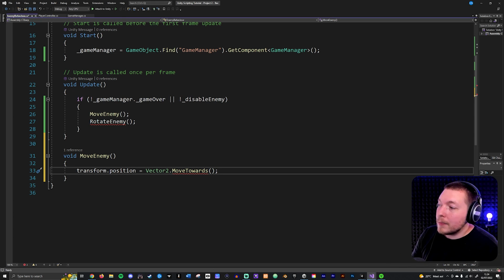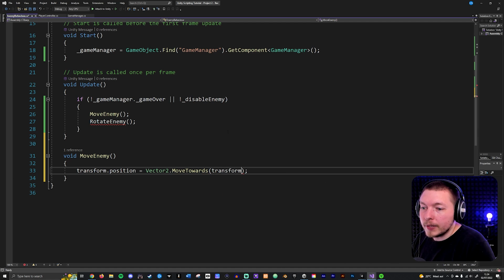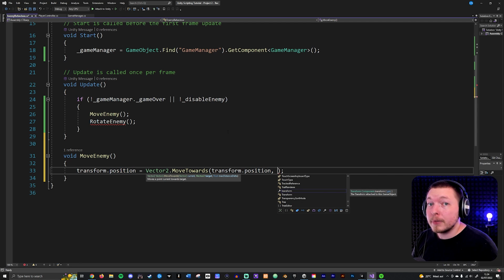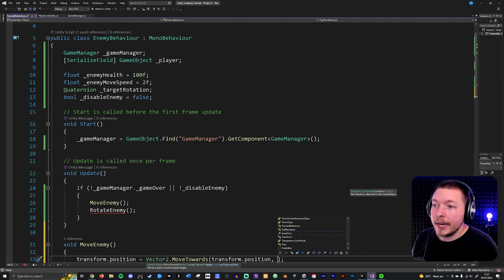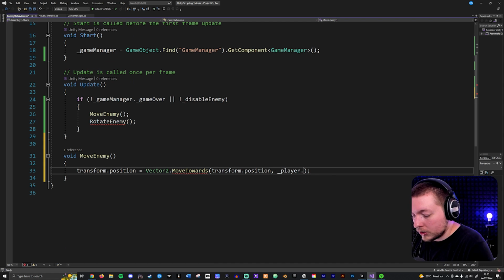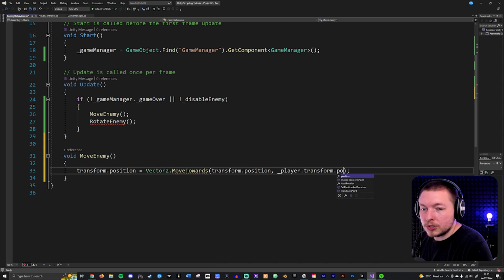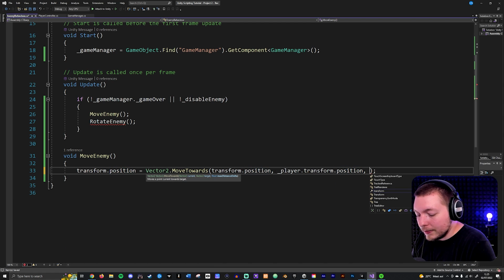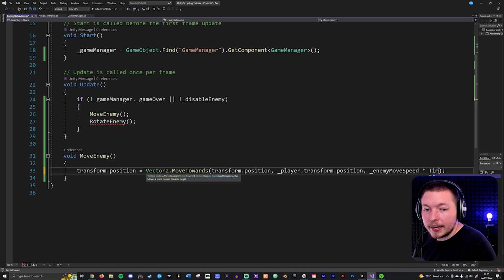So what I'm going to do inside MoveTowards is tell it where we want to start from, where we want to go, and then how fast we want to move. So I'm going to say we want to start at transform.position. Then I want to go towards my player, which is the player reference that we had up here, so player.transform.position. And then I want to go at a move speed. So we're also going to say underscore move speed, or enemy move speed is actually what it's called, times